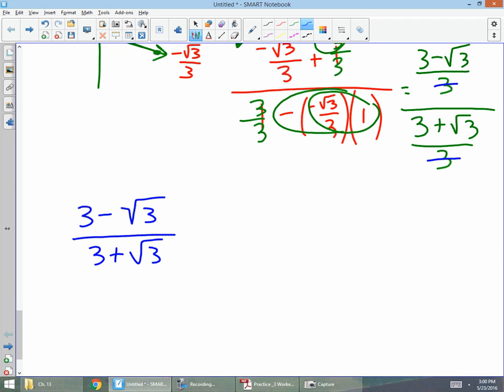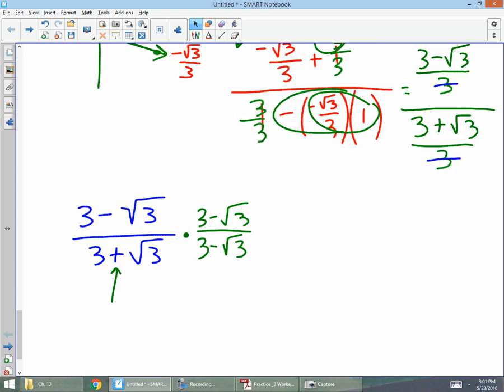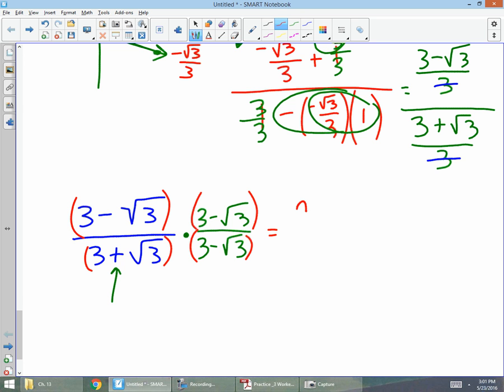Now you're 1 or 2 steps away from being done. Let's multiply by the conjugate, which is going to be 3 minus the square root of 3 because you always do the opposite sign of the denominator in front of the radical. So now we're going to distribute, double distribution in the numerator and the denominator. I'm going to FOIL in the top, giving me 9 minus 3 square root of 3 minus 3 square root of 3